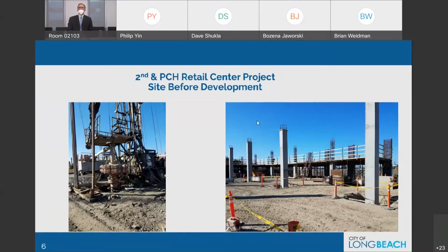There were about 5 or 6 wells that they fully abandoned to the golden level, to the CalGEM state standards. There were a lot of difficulties to get around it. The city had to work with the developer to allow construction to go around, as they were abandoning the oil well. But because they worked very closely with us, we were able to work very closely with them to the end. And as you can see in the next slide,